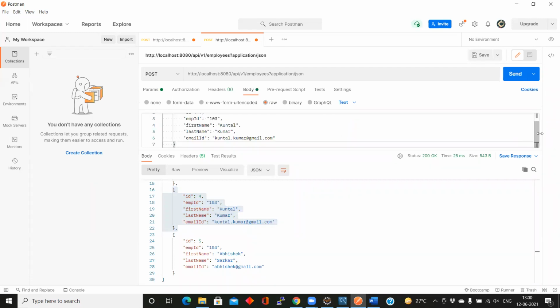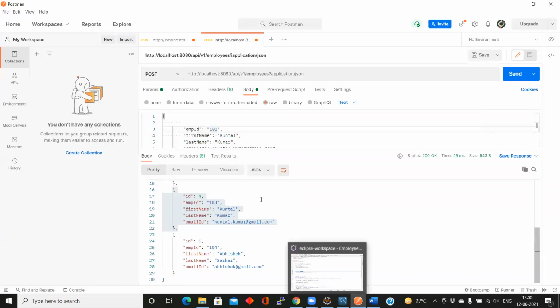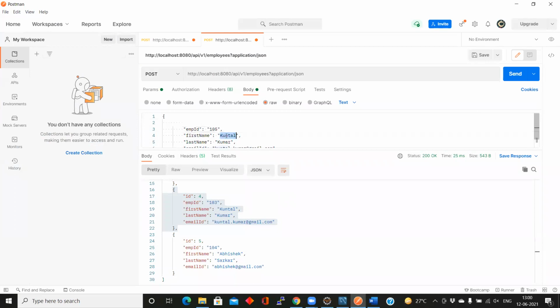Now I want to enter another data, where I'm not giving the ID here because the ID will be auto generated.